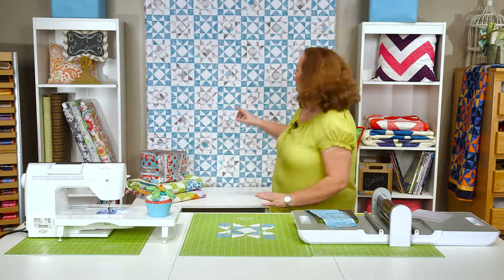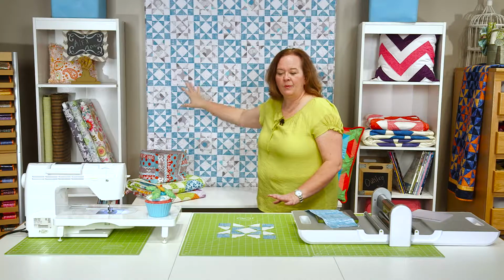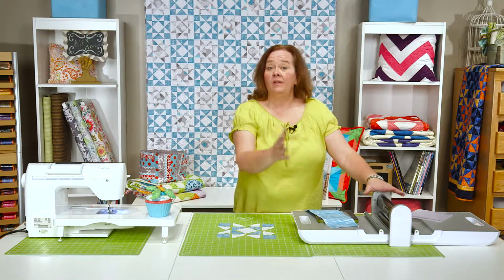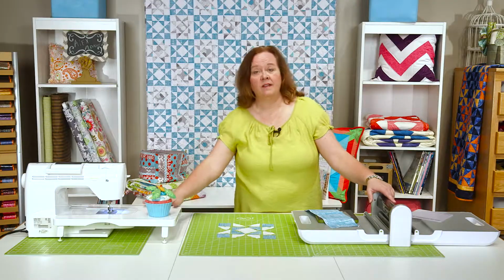So let's gather everything we need together so that we can make this quilt square. Today we're going to make the Diamond Star square. You'll notice it's right here in this quilt block. This is a 6-inch block, and in order to make it, you'll need dies number 2, 4, 5, and 6. You'll also need a GO fabric cutter. If you have a GO Baby or a GO Big, you can use those machines as well,